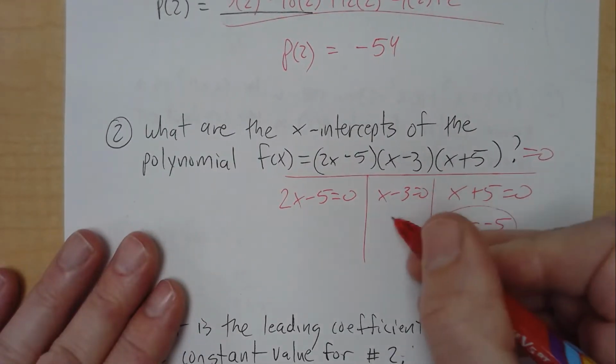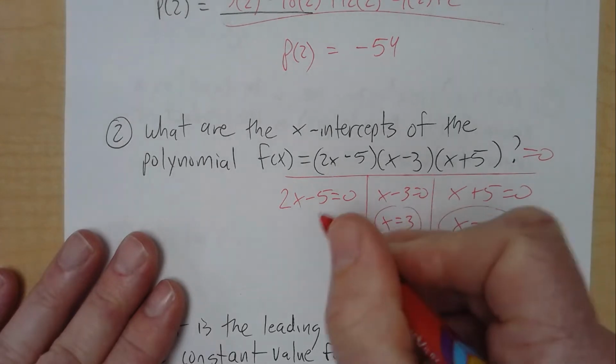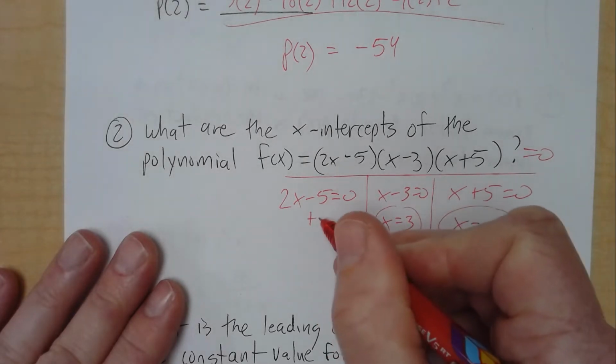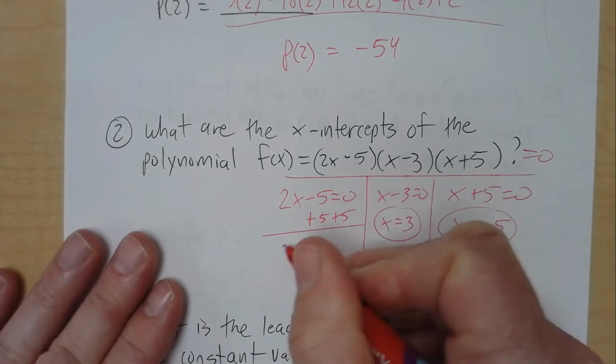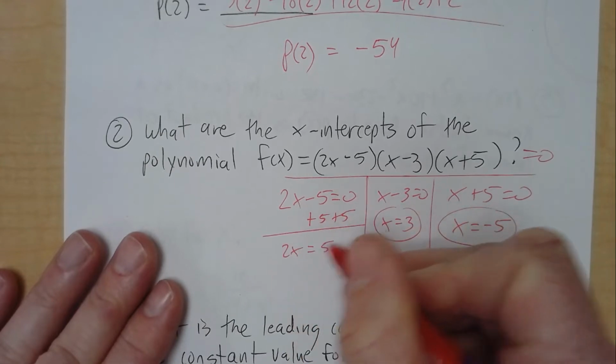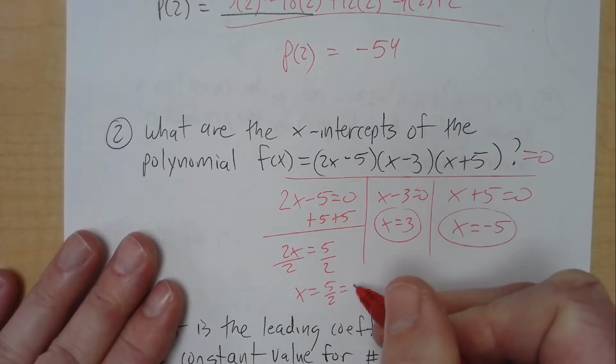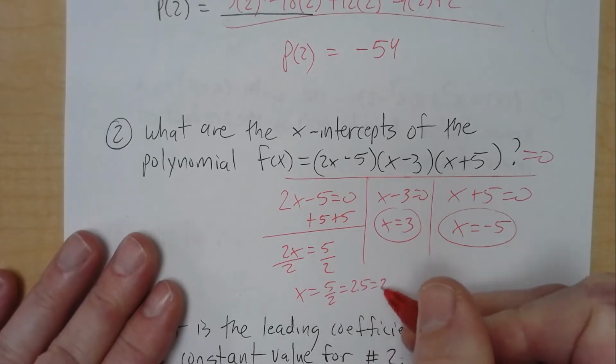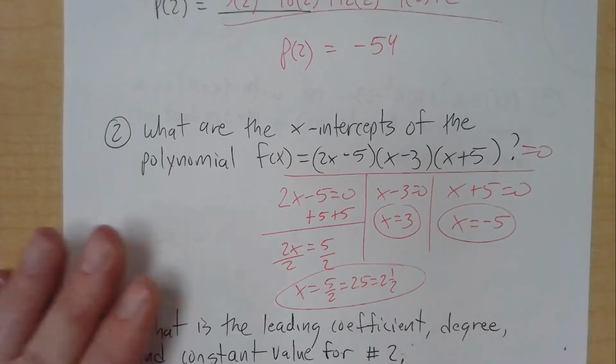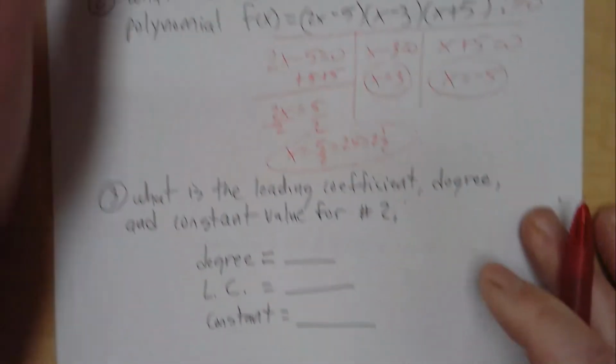Subtract 5, add 3, and here you got to do 2 steps. We're going to add 5, and then we're going to divide by 2. So x is 5 halves, or 2.5, or you could do 2 and 1/2. Either answer is fine. Okay, number